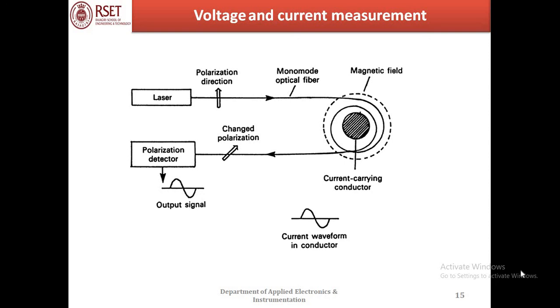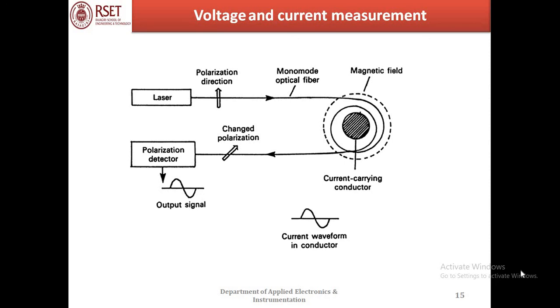A laser beam is linearly polarized and is launched into a single mode fiber which loops one or more times around a conductor which carries a current. The fiber then returns to a ground-based detector system. The cladding modes are stripped off and the linearly polarized light propagating in the fiber core has its polarization direction rotated by the longitudinal magnetic field around the loop via the action of the Faraday magneto-optic effect.